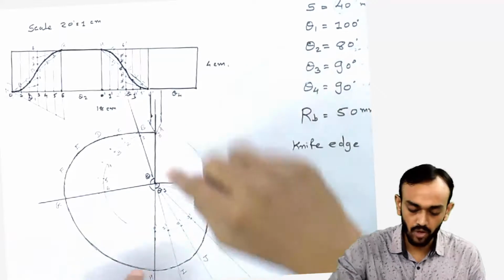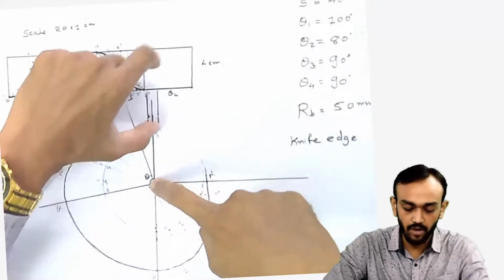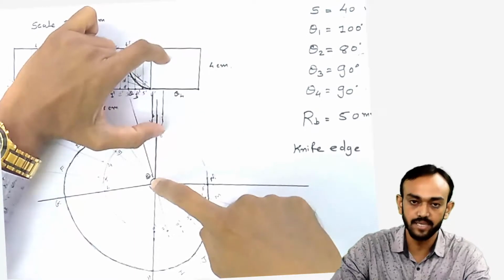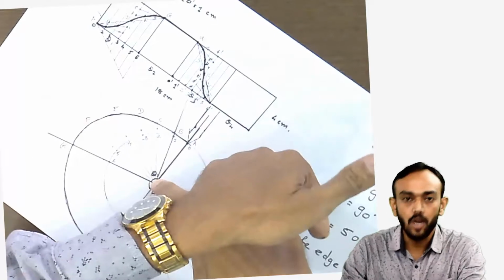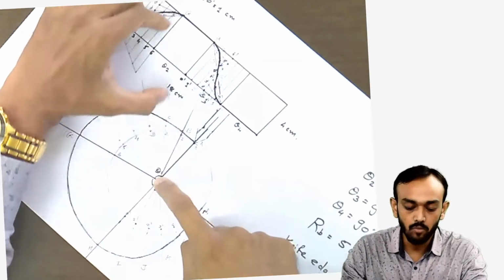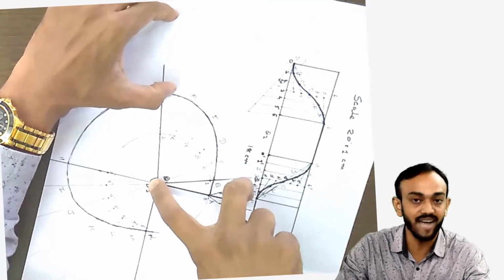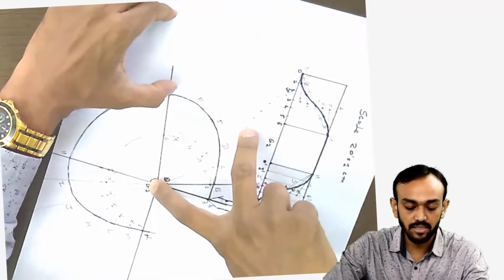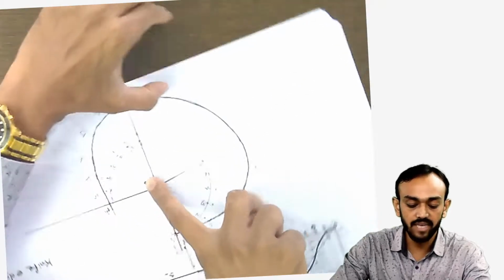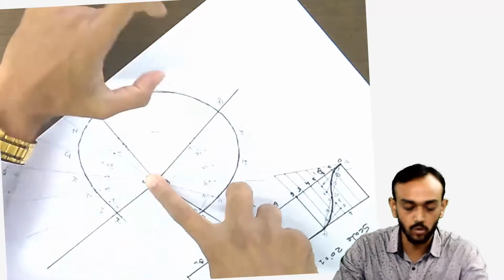I will show you what will happen if I rotate this cam profile. You can see, assume that our follower is here. Now when this cam is rotating in a clockwise direction, our follower will move in an upward direction. The cam is rotating and the follower is moving upward, the rise, and then for the next 80 degrees the follower will be in a steady condition, because this distance is the same, so dwell.